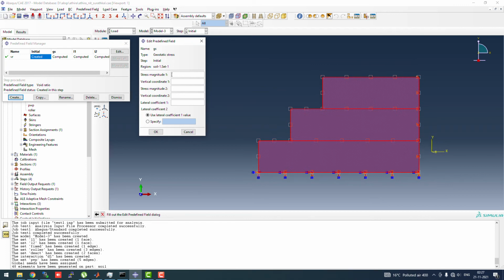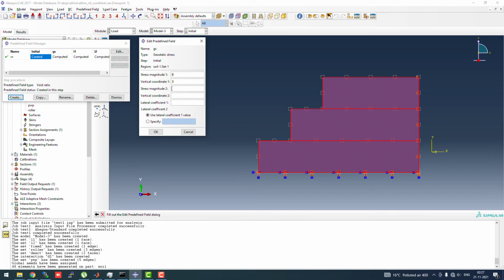But just assume that the bottommost point is the origin. So assume this top coordinate as vertical coordinate, basically as 3 meter. So at vertical coordinate of 3 meter, the stress magnitude will be 0.